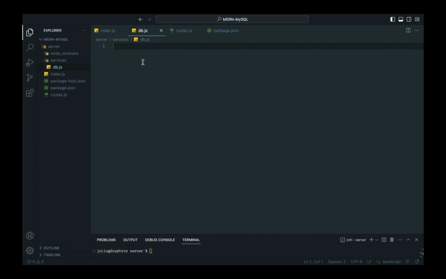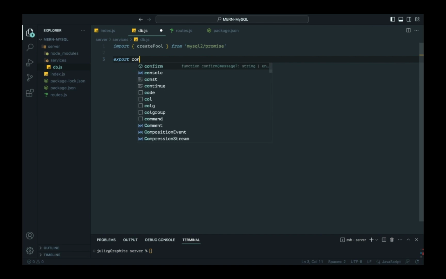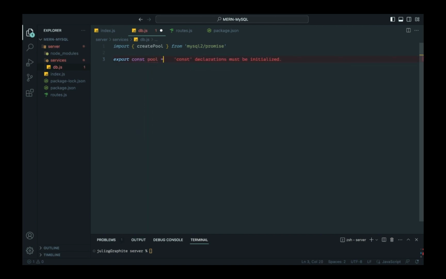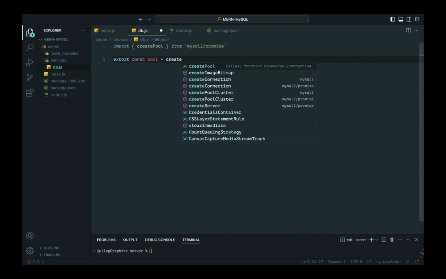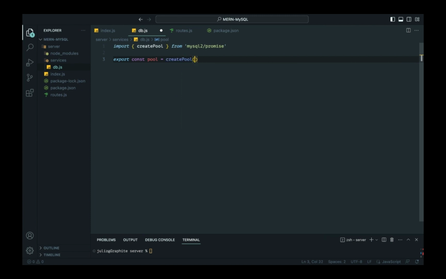Inside services, db.js, and now we need to import createPool from mysql2/promise, and let's export our pool that we have to create this way, createPool, and it receives